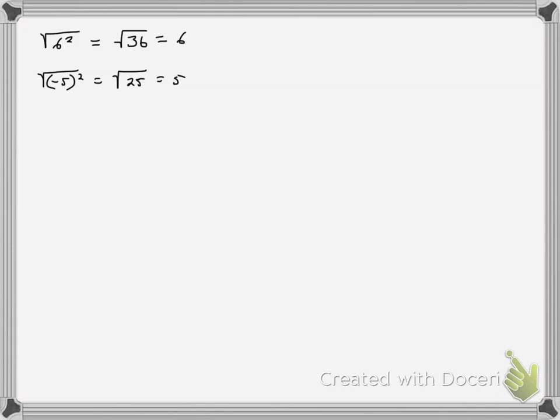This would be looking at the problems on number 36. I want you to be sure you're very familiar with these. Let's say I've taken the square root of 6 squared. Well, the square root of 6 squared, we would do what's under the radical first. 6 squared is 36, so that's the same as the square root of 36, which is 6. Now here, though, you might be tempted to just take out a negative 5, because negative 5 times negative 5 equals,